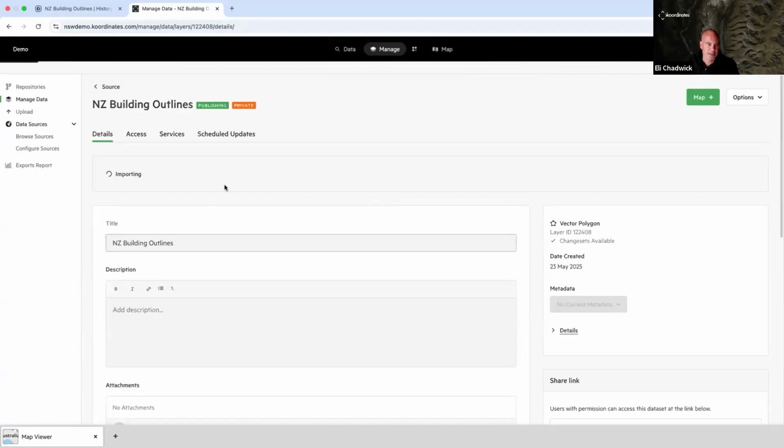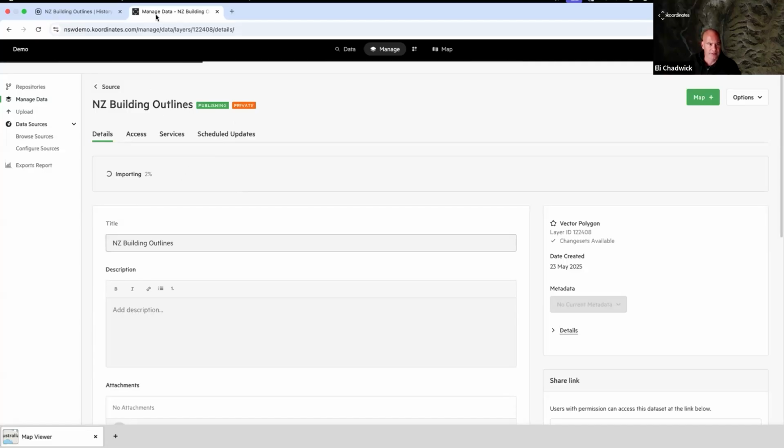So what's happening here is, because I've got it hooked into a data source, the first thing the data source will do is a quick scan. Does it find new things in there? Have there been changes? If it has, then great, start pulling it across. Again, using the primary key, it's going to create a delta, and I'll end up with the New Zealand building outlines fully sorted